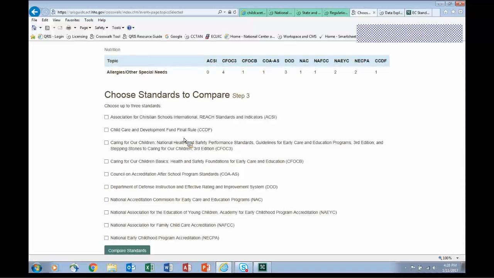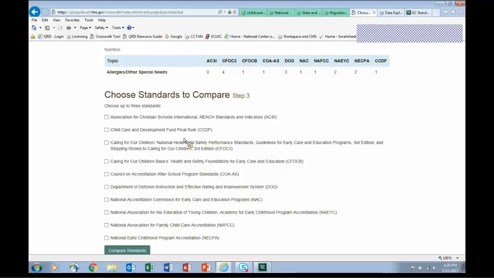Really, the purpose of this tool is to look at the content of standards, the standards that apply to providers. It's not meant to be a way of determining whether or not a provider is in compliance with the standards. It really is a way for states who are working on licensing or quality rating and improvement system standards to see, like Nina, as you asked, what other sets of standards have to say on the topic.